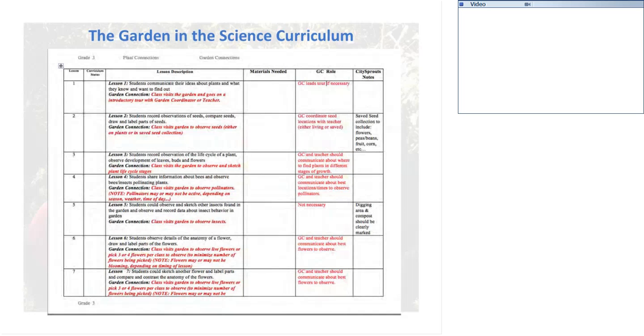So I know that, for instance, at one of our schools, they were using the garden exclusively for this particular unit. They weren't even using the FAST plants that come along with the STC, which is the purchase curriculum that we have. But they were taking this garden connection document and using the actual lessons in the teacher's guide and holding them in the garden and planting things. So really, it's about making